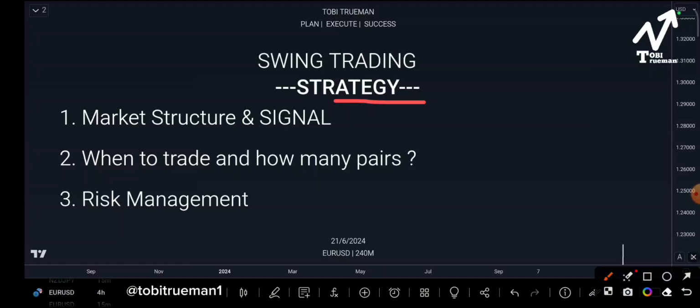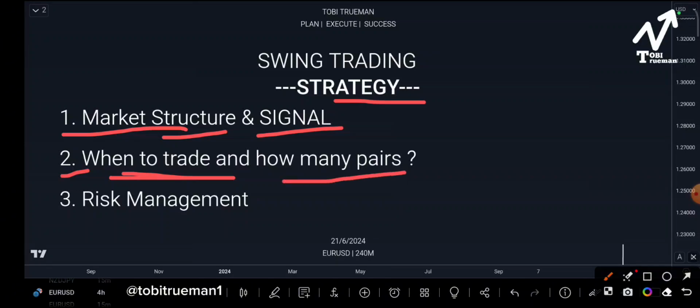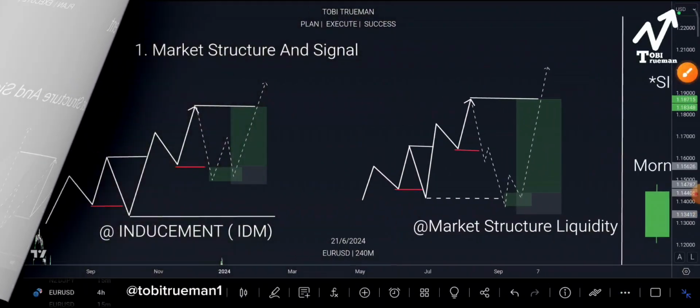First things first, we have to take into consideration our market structure and signal. Number two, we'll be looking at when to trade and how many pairs to trade. Then lastly, we'll be looking at our risk management. Market structure